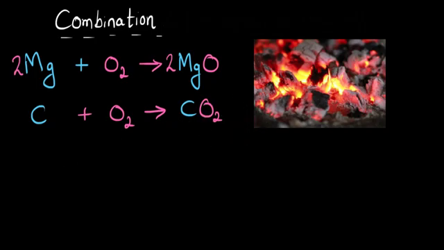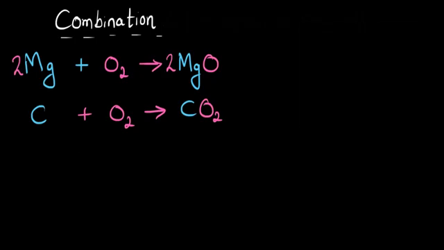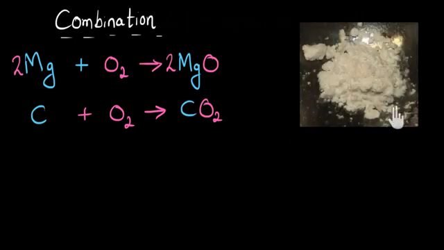Now let's look at another example. I have a white powder. This is calcium oxide. Now when I pour some water on top of it, the water is going to combine with the calcium oxide, and we will get a white milky mixture which is used to whitewash our walls. We'll talk about that later, but let's write down this equation and see what the combination reaction is.